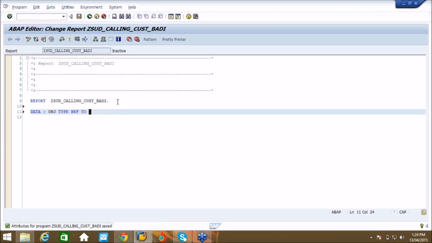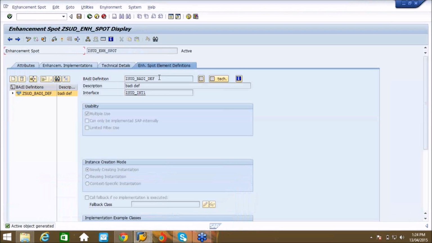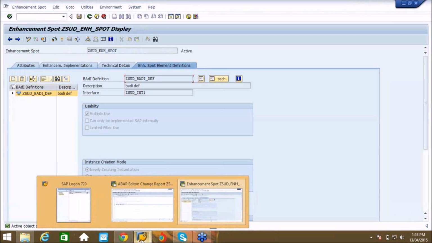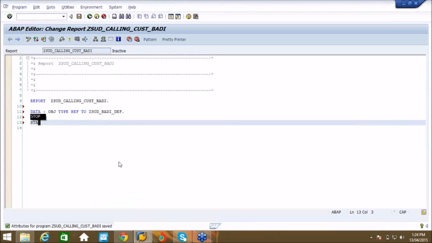Where is my body definition name? Yeah, this is my body definition. So copy this body definition name and I will create an object type ref to the body definition. Start of selection.